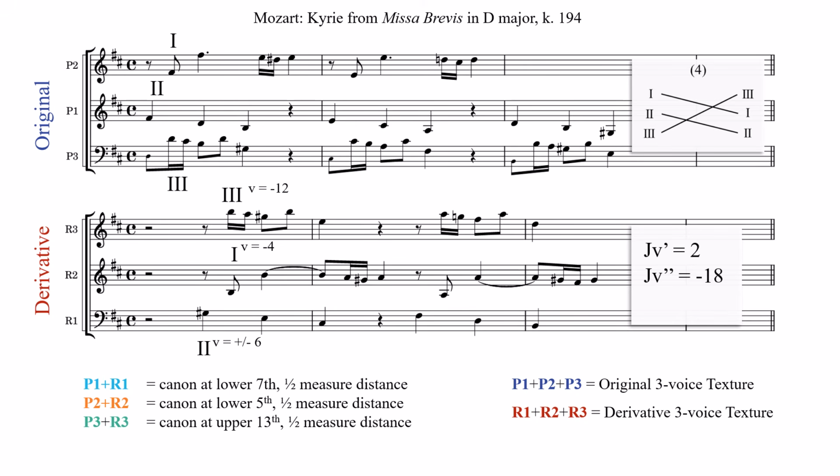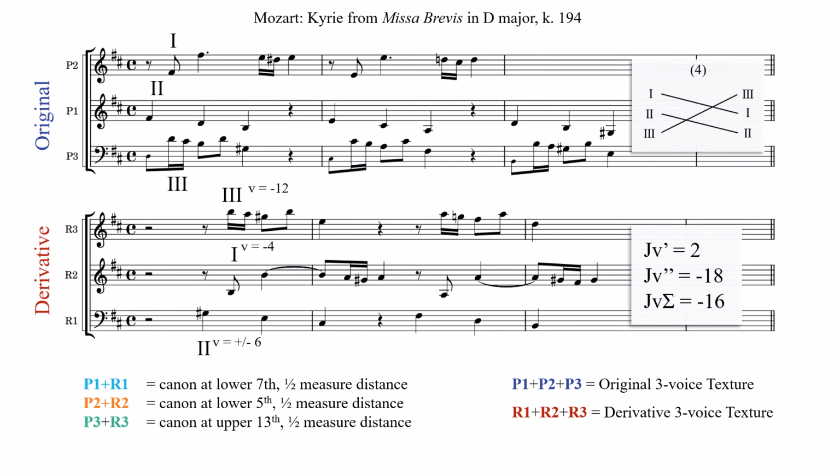JV double prime is the relationship governing voices 2 and 3. -6 plus -12 is -18. This vertical shift index is very similar to invertible counterpoint at the 12th. We can see that these voices mostly move in parallel thirds in the original, which become parallel tenths, or really 17ths, in the derivative. And finally, JV sigma is the relationship governing the outer voices 1 and 3, and it